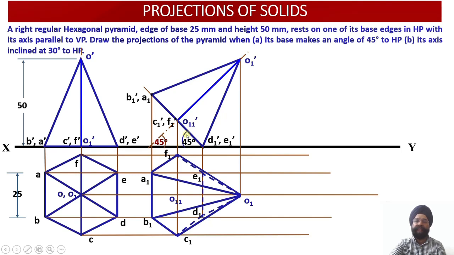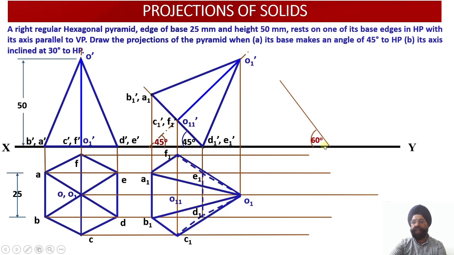So to begin with, we'll be making an angle of base equal to 60 degrees so that the corresponding axis inclination with the horizontal plane will appear to be 30 degree. So let us start doing it. So once again, we are shifting this figure over here. So whatever the elevation view we had obtained, once again we are going to rotate it towards right so that the hexagonal pyramid will be inclined towards right